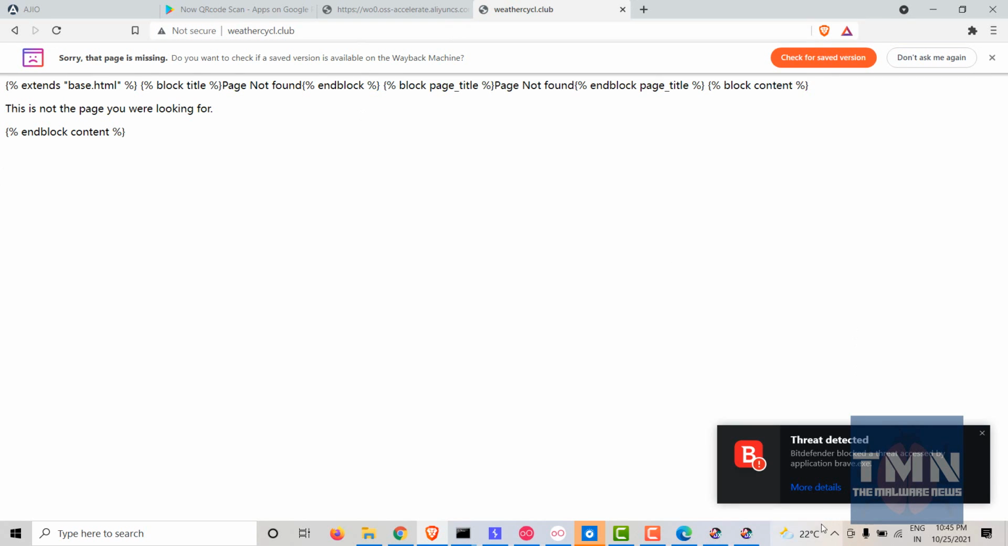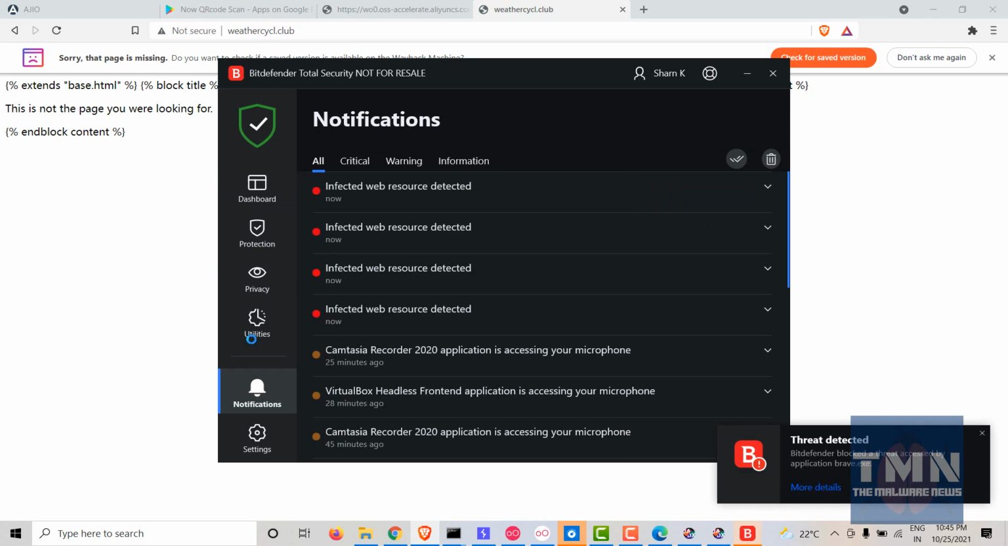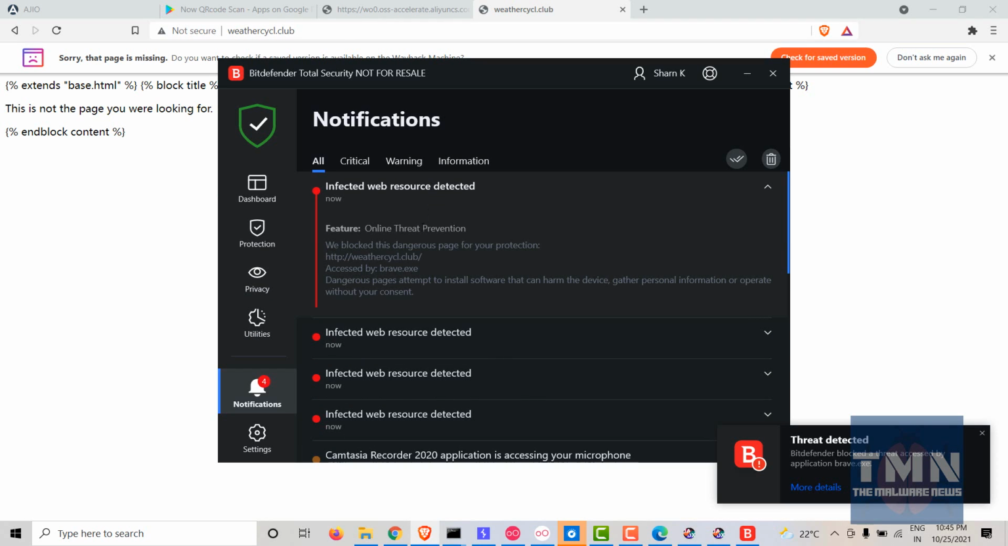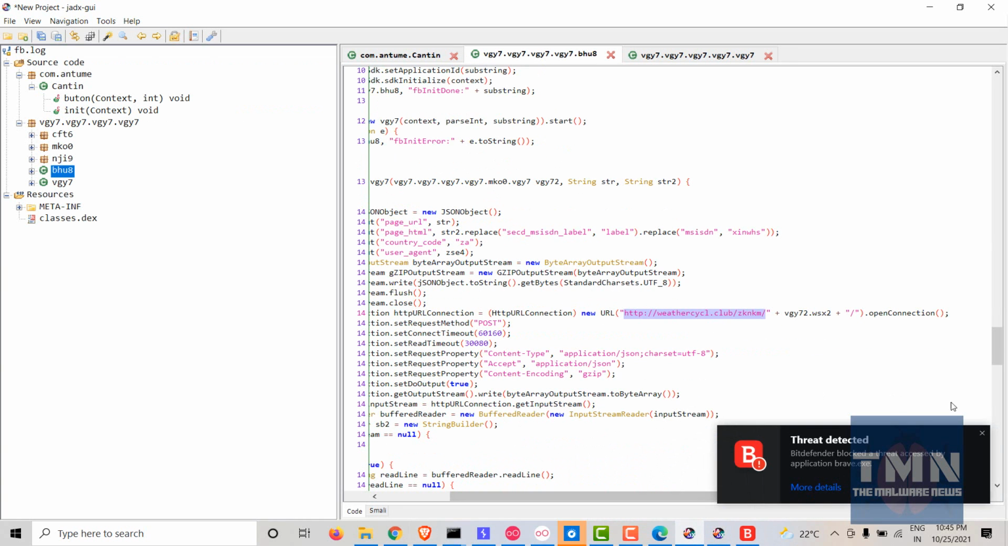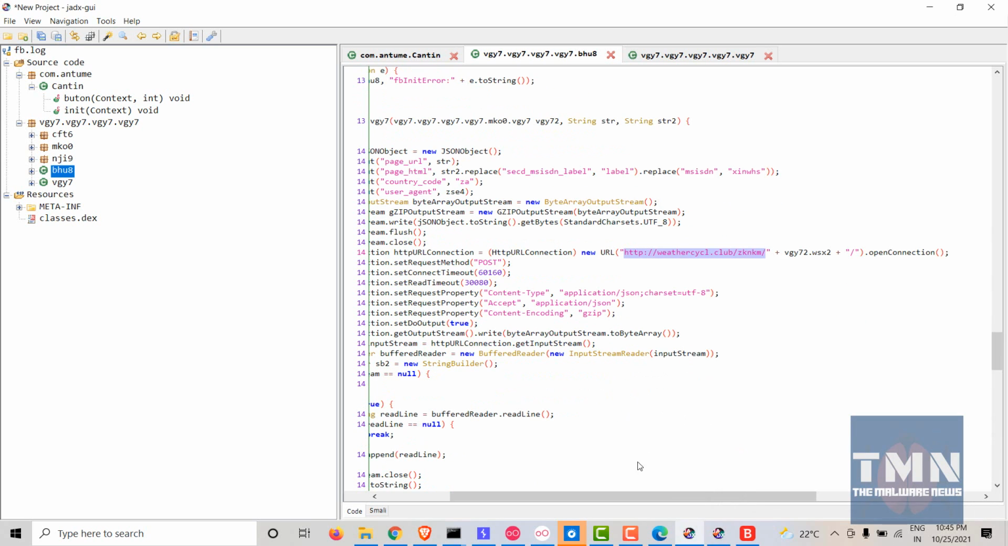Yeah, my Bitdefender has identified some threat. What is it? Okay, infected, dangerous. This is one of the advantages of having a good antivirus, right? It will detect and it will delete automatically the stuff if it is downloading something. So if we come down,